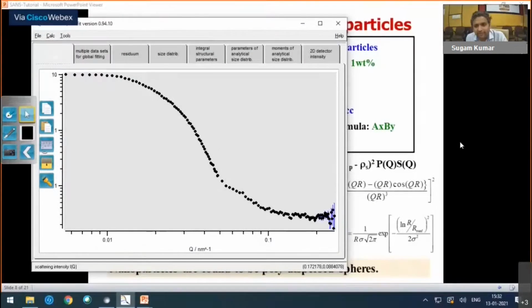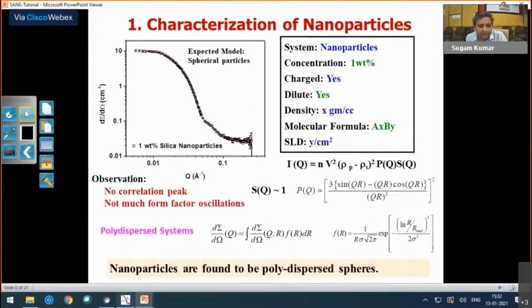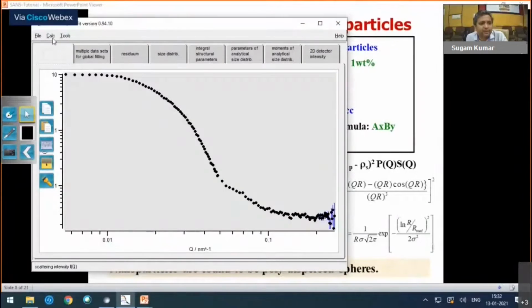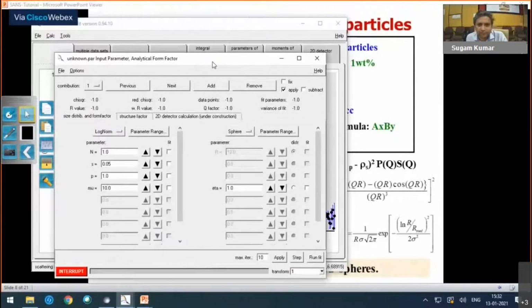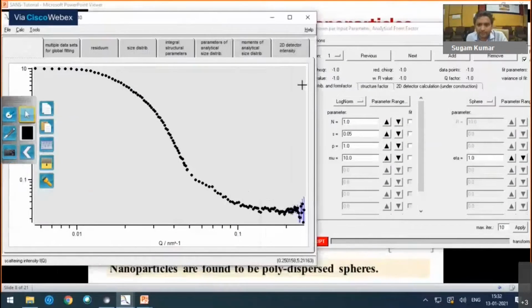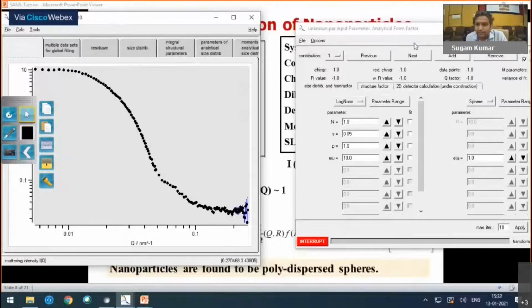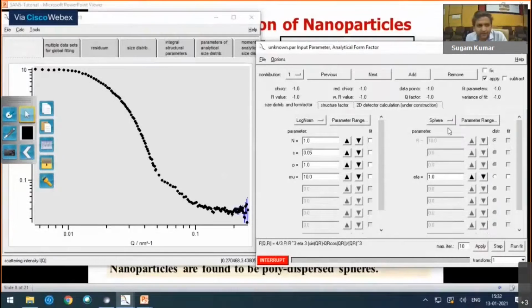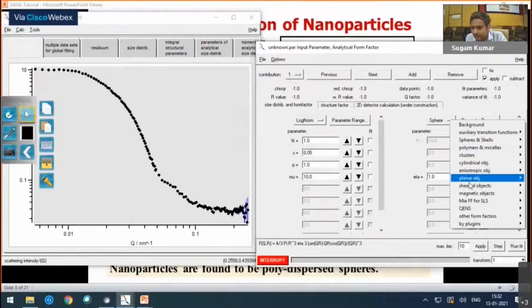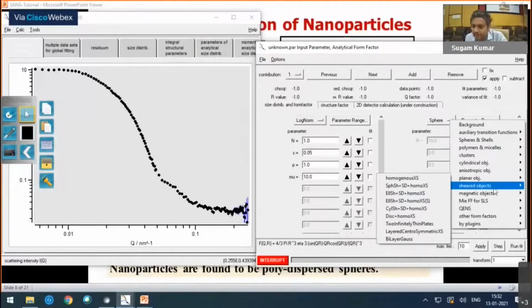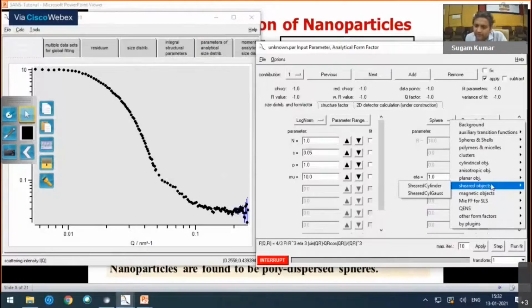So this is the graph which you can see here also. Now going to calculate single data set and fit. So another window will appear. Now you see that this is the sphere here written. These are the form factors. So many form factors are available. One can choose. Form factor means we usually call form factor intraparticle structure factor, because intraparticle structure factor is the